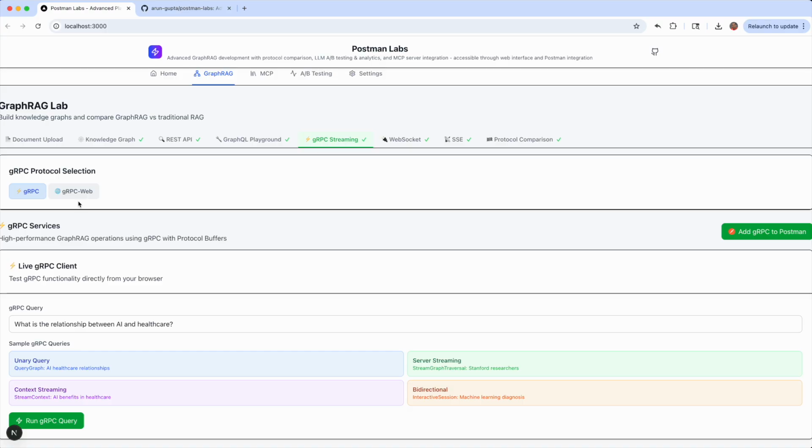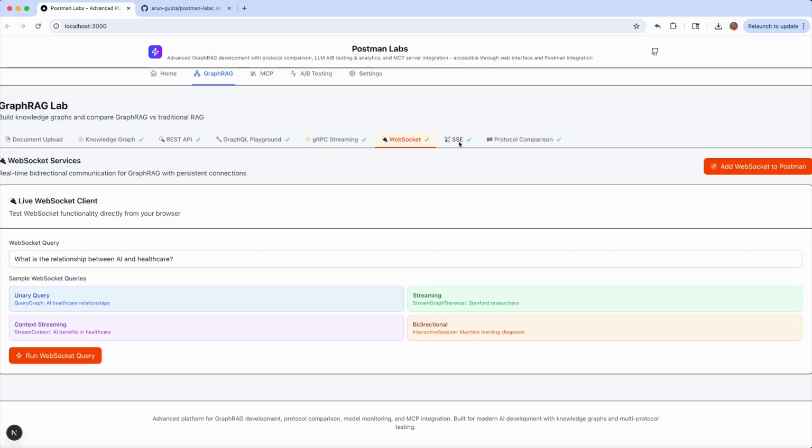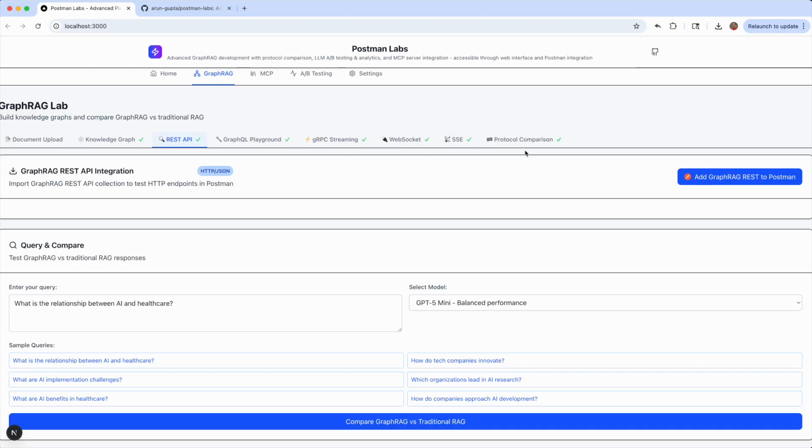gRPC streaming, which you can use gRPC straight up or gRPC-Web as a different protocol. Or you can do that over WebSocket or server sent events. For each of these, some predefined queries have been given. You can run it, and then it will return the response back to you. And if you think about it, on the top